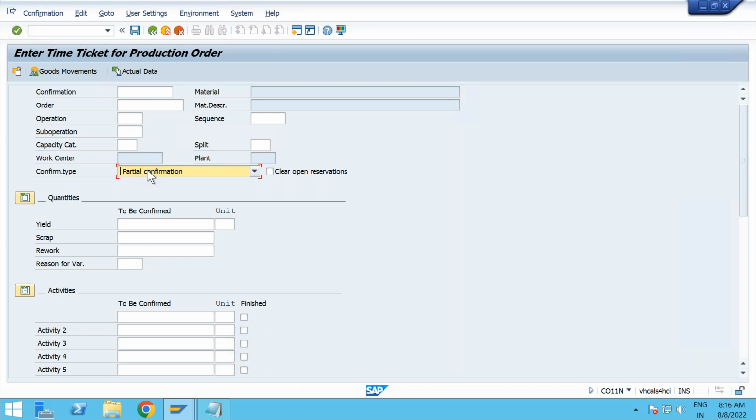There will be some standard forms in SAP which will pick up the details. It will show you the order number, and which operation you are printing. Was it a final print or a partial confirmation? How much you have given as yield? If it is a partial confirmation, how much you have confirmed, and what activities you have confirmed? Labor, machine, setup time, all those things will come up. It is a separate print paper. So when you save, a print will be triggered